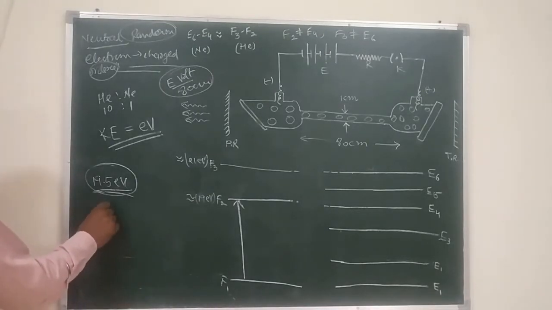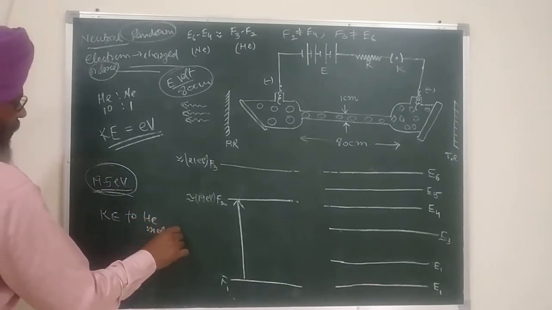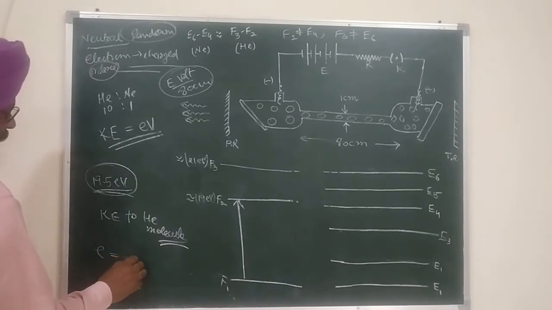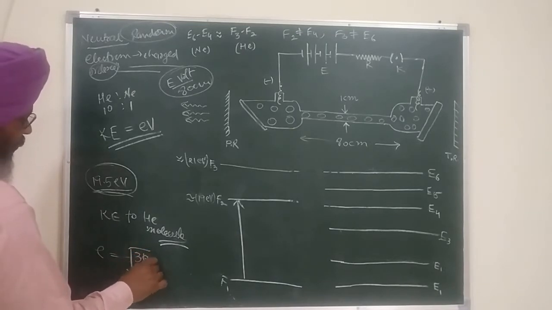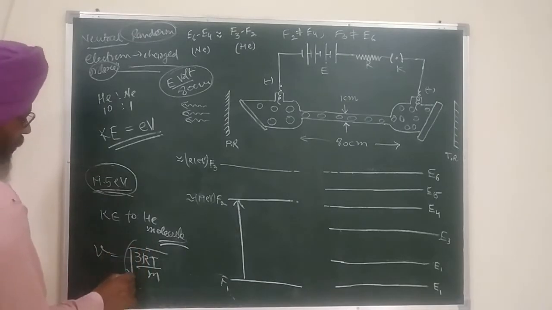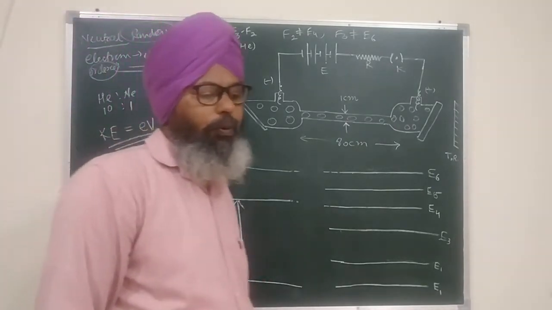That will give kinetic energy to the helium molecule. So the kinetic energy of the helium molecule will increase. It means before collision the molecule was moving with a speed equal to the RMS speed, root of 3kT by m, where m is the mass of the molecule and T is the temperature. So this is the root mean square velocity. Before collision it was traveling with this speed, and after collision it will be traveling with a speed higher than this value. You can calculate this value since you know the mass of the molecule and the temperature. k is the Boltzmann constant.